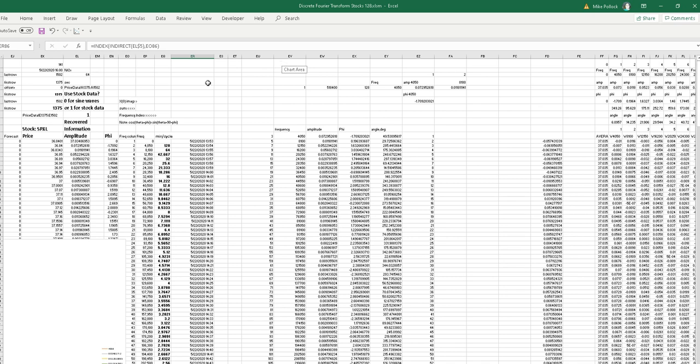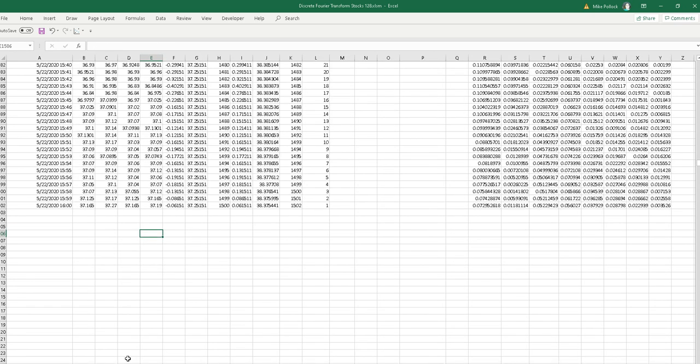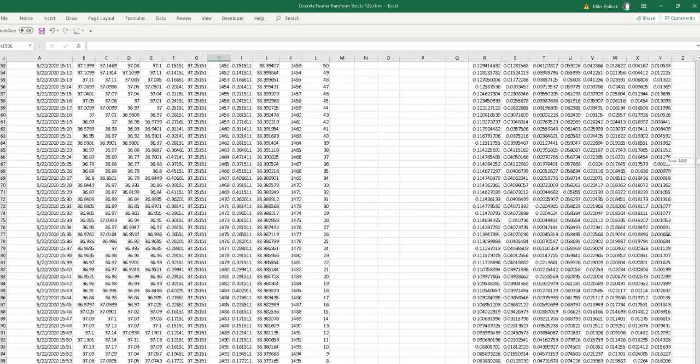So that macro that I ran, the pulling in the data, puts this data in the discrete Fourier transforms file from this price data. And this price data sheet is just a copy of the